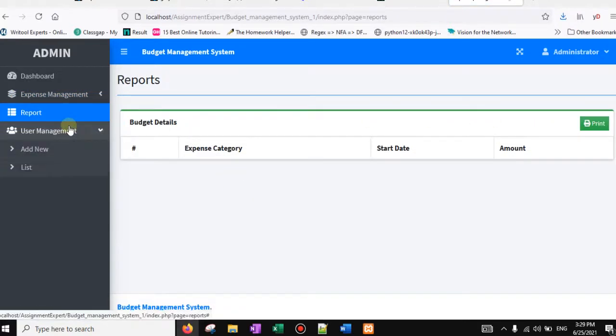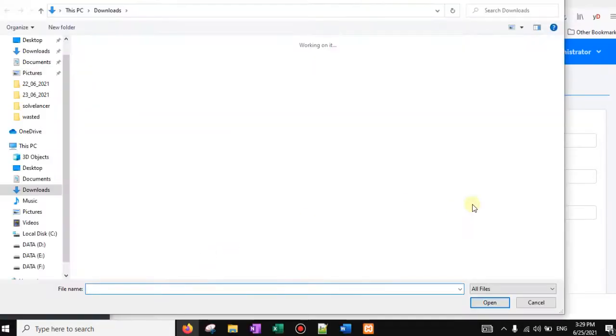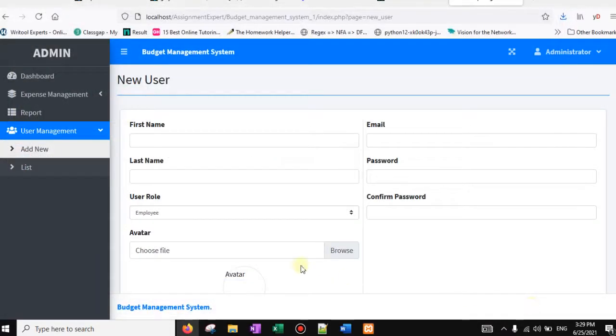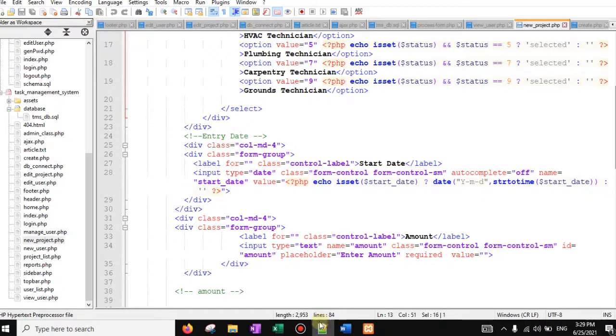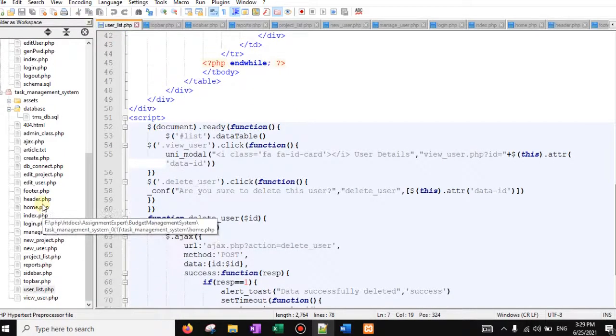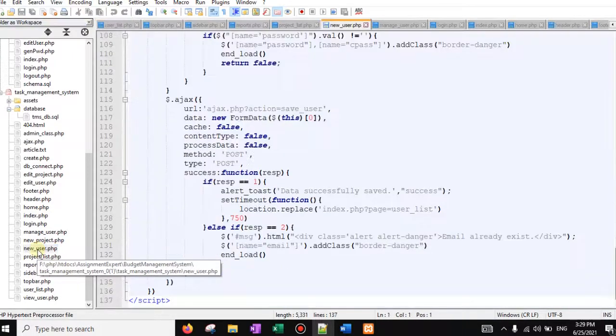This is the user management system. Here we can add a new user, name, email, password, role, confirm password, and we can upload the image also from this, and then we will save this. We can see this in the page named new user.